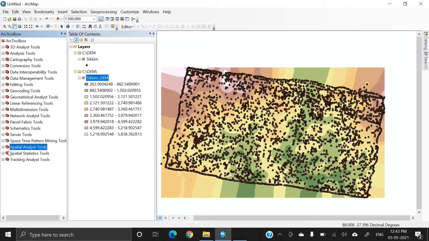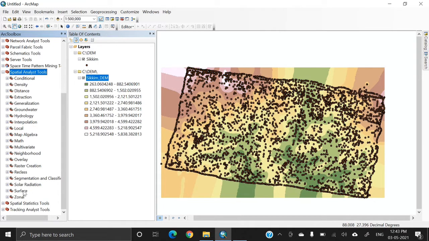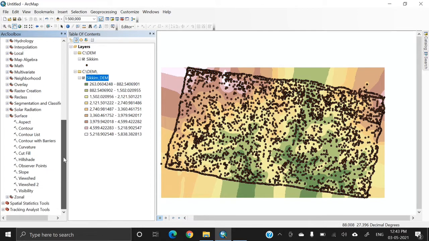In the ArcToolbox, go to spatial analyst tools, and then surface. In the surface analysis, we have all these tools. We can generate the aspect, the hillshade, the slope, the viewshed, and also the contour.